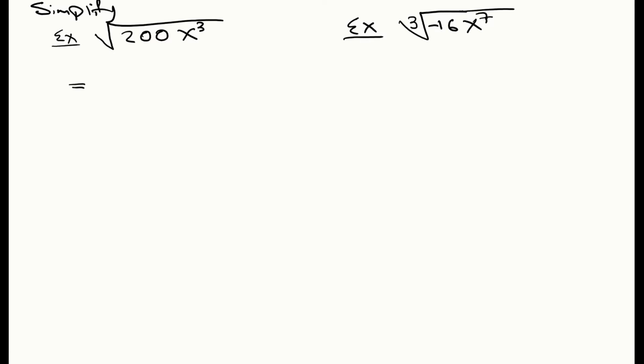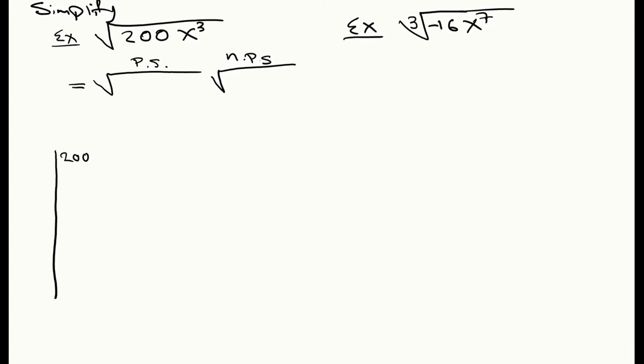This is a square root, so under one radical we're going to put the perfect square part of 200x cubed, and in the next radical we're going to put the non-perfect square part. To accomplish that, if you are comfortable enough with math and numbers, you may know what the biggest perfect square factor of 200 is. It's actually a pretty simple number, but in case you're not,